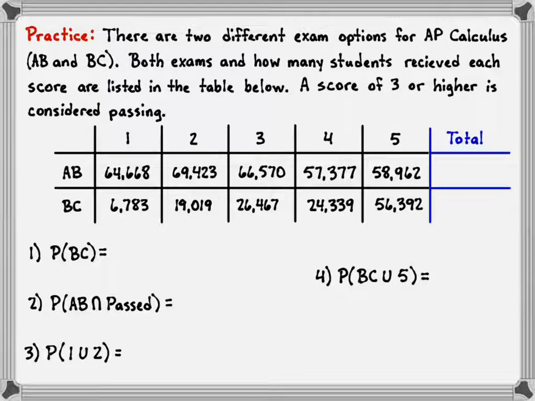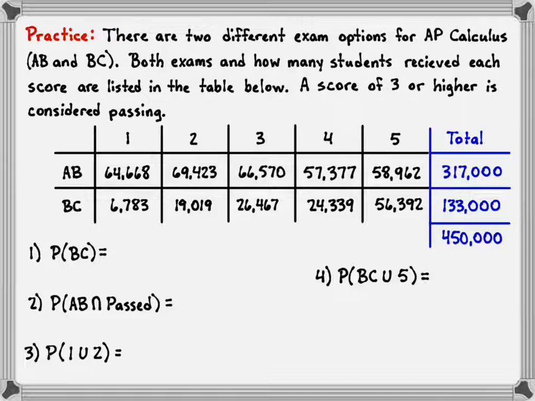So the first thing I'm going to do is figure out the totals. The total of students that took the AB exam, I'm going to just add up that whole row there, is 317,000. For the BC exam, I add up all that, and I end up with 133,000, just so we have our bearings. The total amount of people that took the calculus exam of either type would be those two things added up, which is 450,000